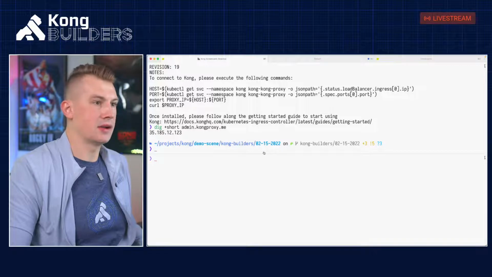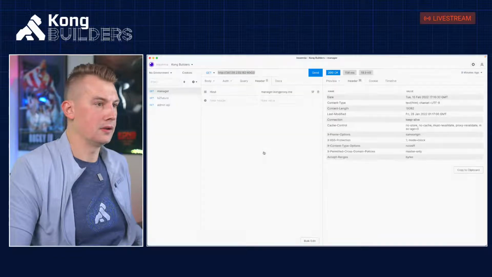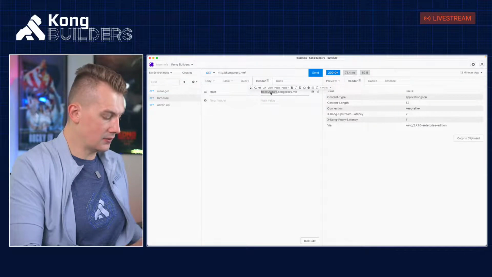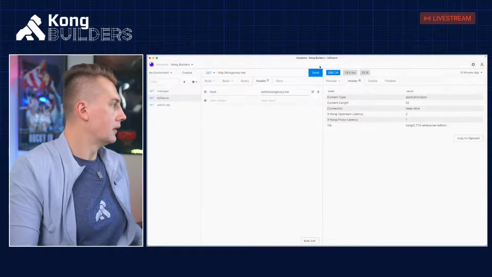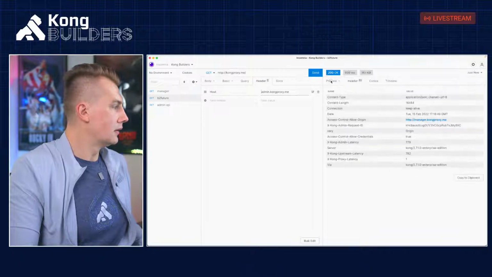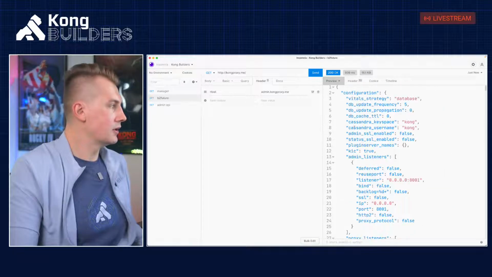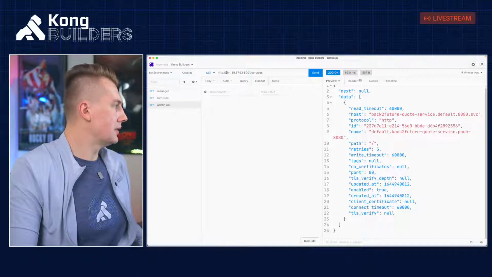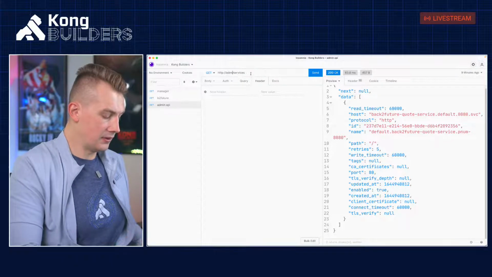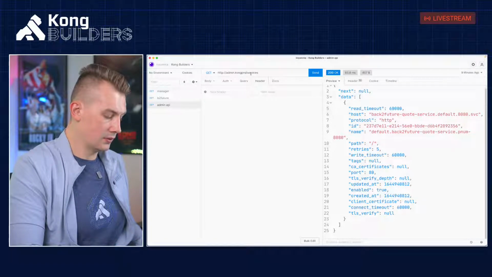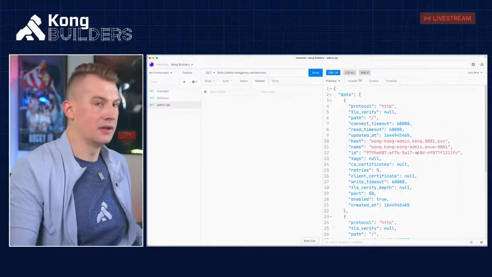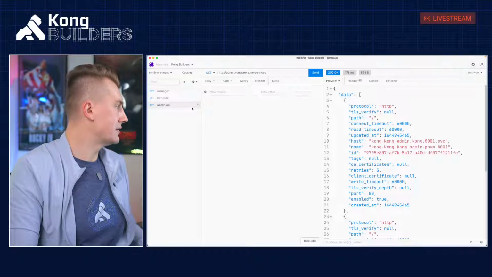It's found a correct IP address. So if I go and try to hit this one, it also works. You see, it also works, and it is pretty cool. But also, if I go to the admin API, I can do stuff like admin.conch.proxy.me, and I go and call the services. That works. That's awesome. That's stuff that we're expecting to work.